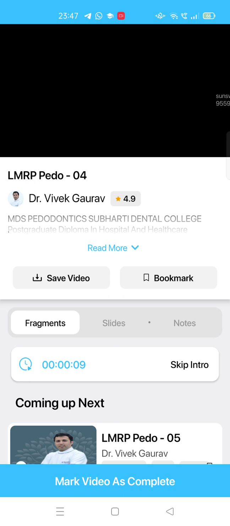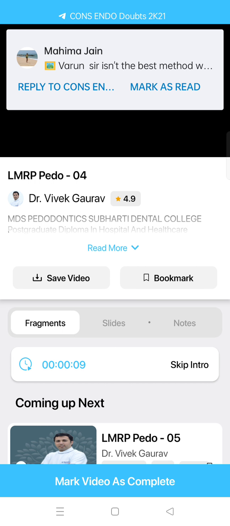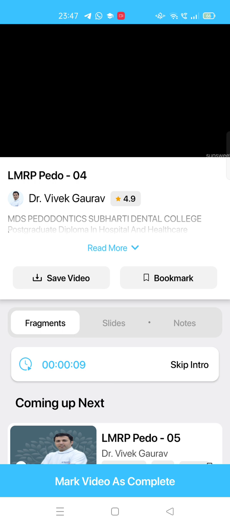Now this is a very important question that is asked: at what stage does the mesial step transform into a class 3 molar relationship? It transforms into a class 3 molar relationship because of the differential forward growth of the mandible continuing. If the differential, that is the downward and forward growth of the mandible, persists, then the mesial step transforms into a class 3 molar relationship, whereas the distal step transforms into a class 2 molar relationship. So this is something related to the primary dentition.